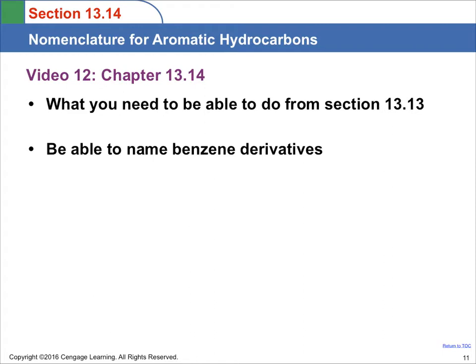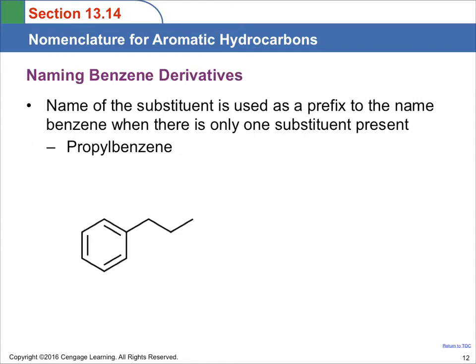In this video, we're going to talk about naming benzene rings. So to name benzene, the ring itself is going to be our parent chain, if you will. Before we were looking for the longest carbon chain, now benzene is going to be that chain. And then what we're going to name as groups are any groups coming off of that benzene ring. So benzene is going to be our parent name, and then we will name the groups, the coefficients, kind of